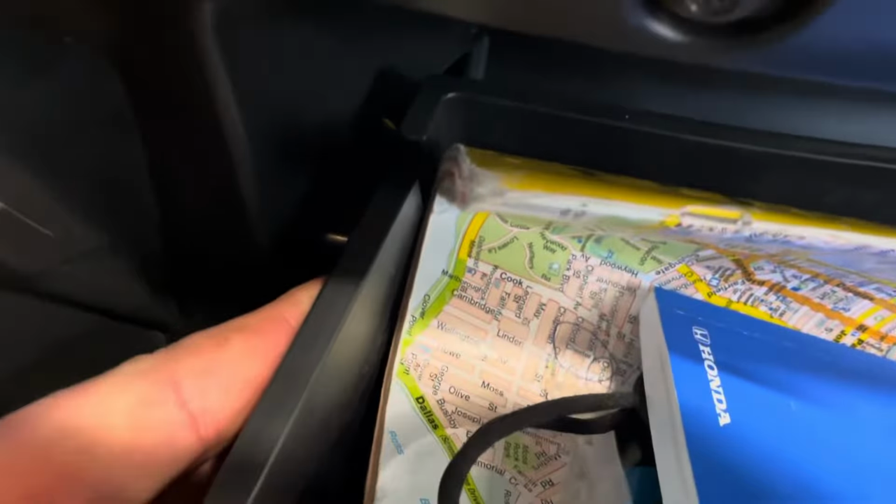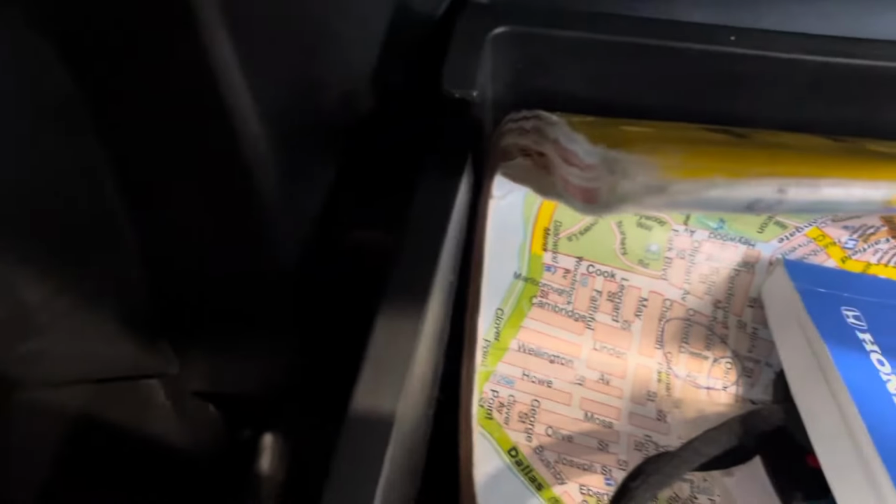There's an indent that has notches you can push your thumb on. Support the glove box and push down with your thumb. And now that is released. So again, you just push down with your thumb. Now to get the glove box fully open, there's these little, let me grab a flashlight so you can see,